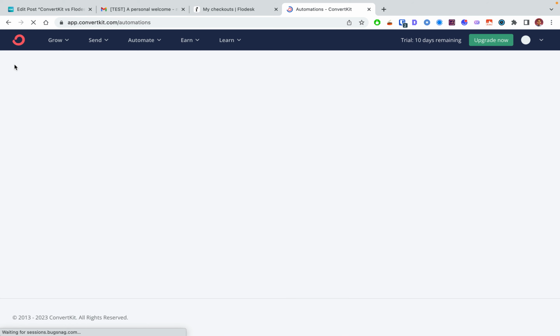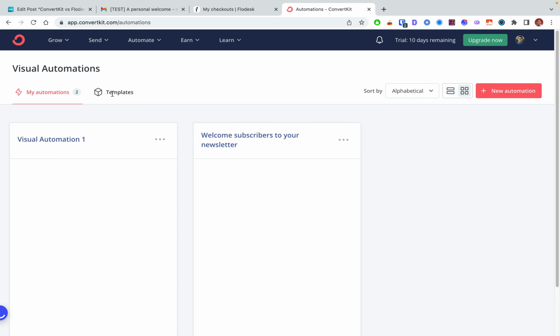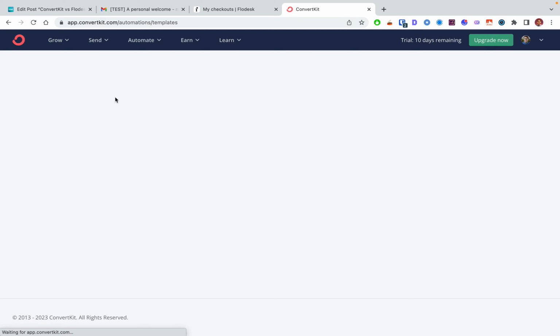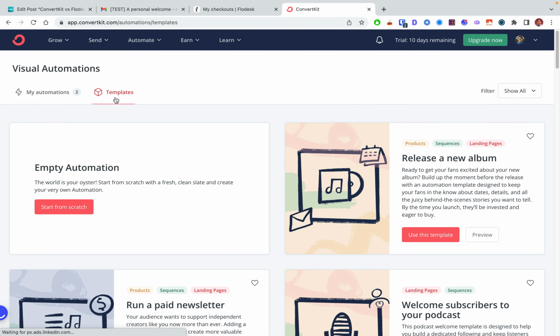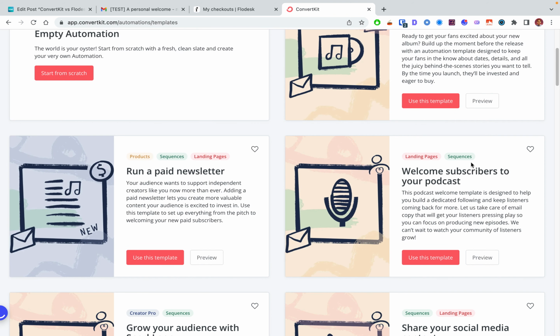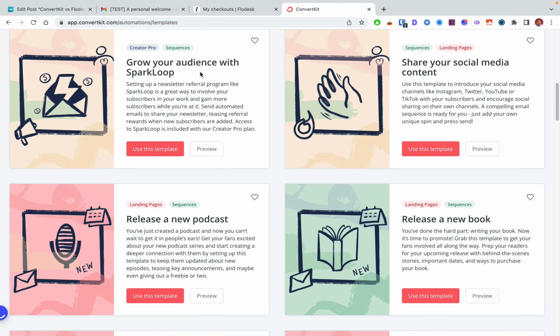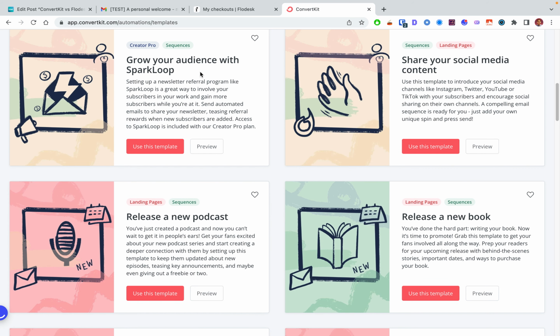If you see the automation library, if you don't want to create it yourself from scratch, you can actually do a lot more interesting things in here. Because this platform has been built for creators, and I don't just mean bloggers, podcasters, YouTubers, it's also built for music artists. So if you want to release a new album, they have a template for that. If you want to run a paid newsletter, they have a template for that. If you want to grow your audience with Sparkloop, and Sparkloop is basically a newsletter referral program,